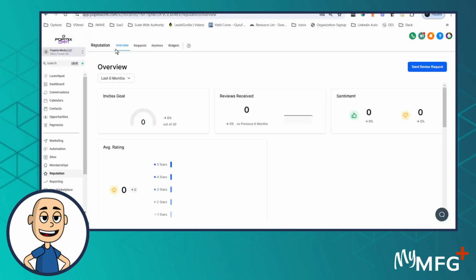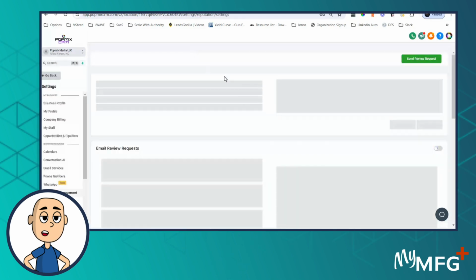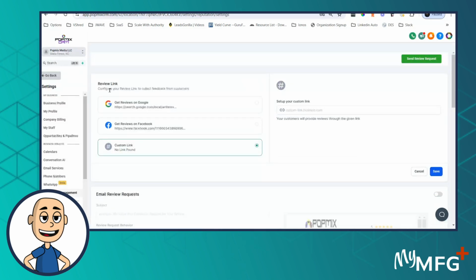Okay, now that we've gone into the dashboard a little bit, let's jump into how we actually set this stuff up. So once you're in reputation on the left-hand side, we've got the top toolbar right here. We've got overview, requests, reviews, widgets, and a little gear button. If you click on the gear button, you'll see that we've got the review links here, and I've got Google